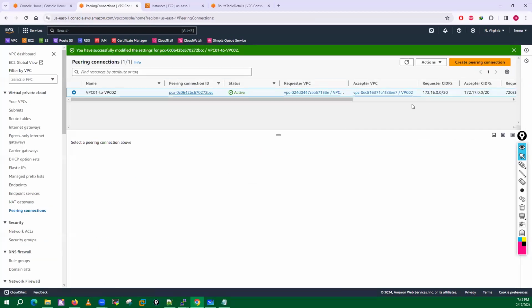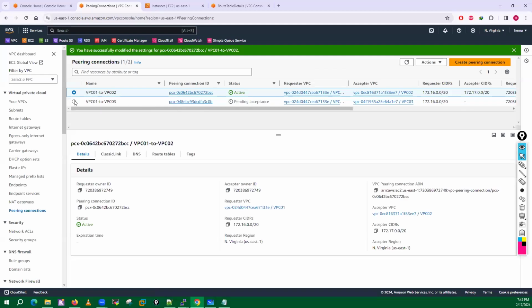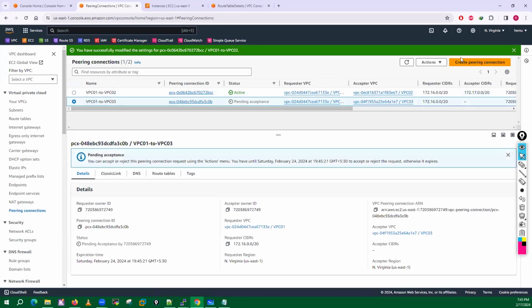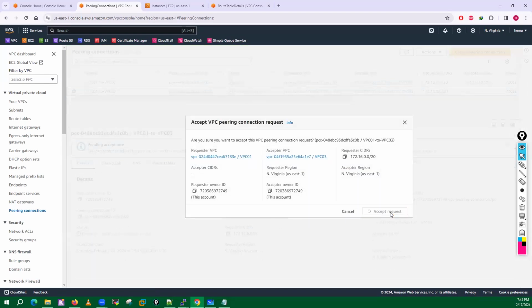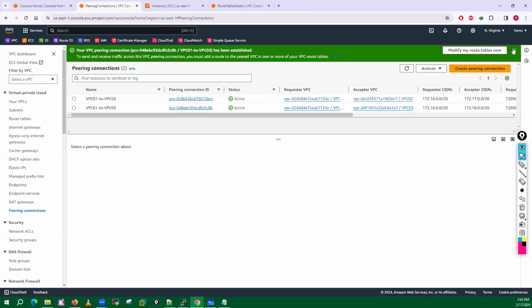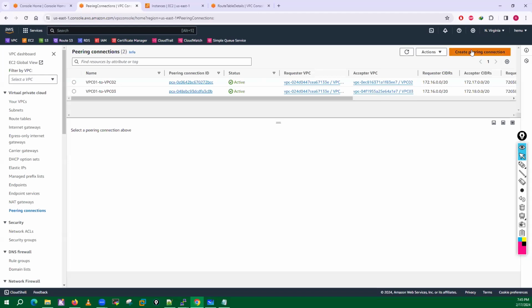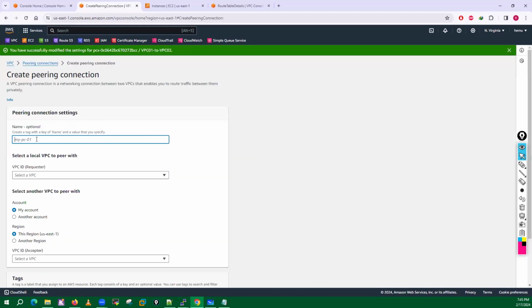See, you will get the connection. Go here and accept that connection. Now create another peering connection between VPC2 and VPC3.